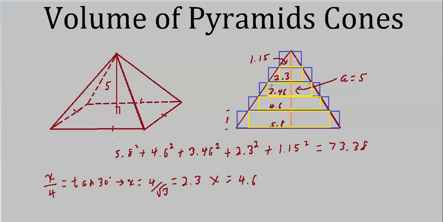Now we could cut down the height of these things, and we get more and more and more of them. As we got more, the volume of these yellow prisms would increase and get closer and closer to the actual volume of the pyramid. In mathematics, we call this a lower bound. So the yellow ones form the lower bound, and the blue ones form the upper bound.